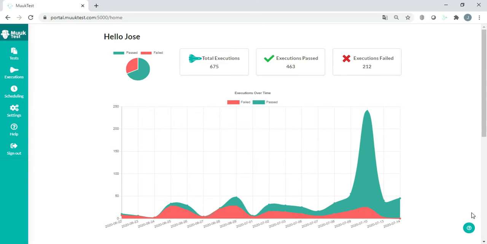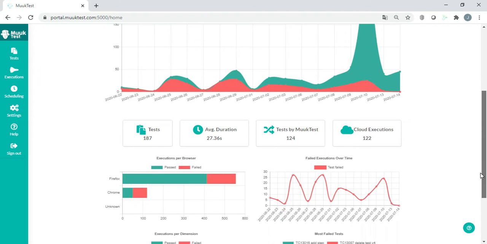MuukTest has implemented a set of tools that will give you testing superpowers. Today, I will give you an introduction about the MuukTest portal and some of the great functionalities you can find on it. We have the dashboard here, where you can find statistics about the tests you have created and their